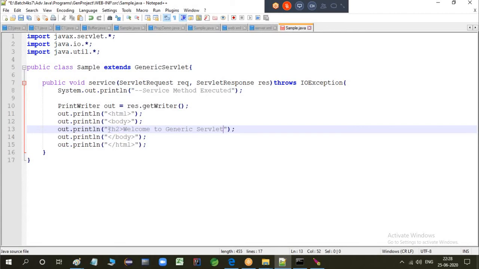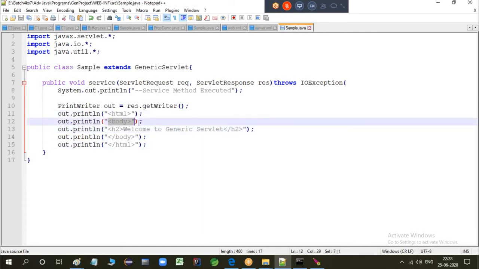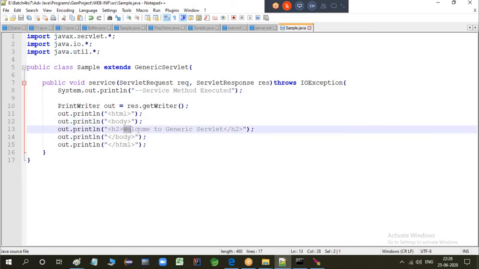In HTML, if you want to give the font size, let me give just font size, larger fonts, smaller fonts. Okay, a little bit of HTML knowledge you should have. HTML starting tag, ending tag, body. Inside the body means where the web page will be, starting tag, ending tag, and this is the message with some font size, H1, H2, H3. There are font sizes available. I'm giving it H2. Okay, save this program, compile it.